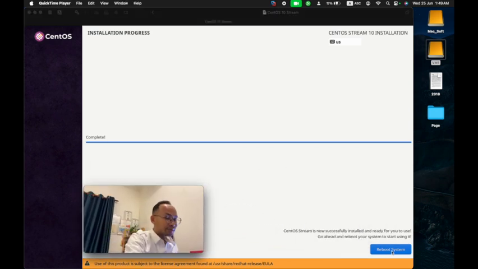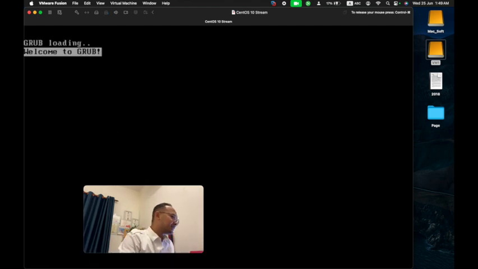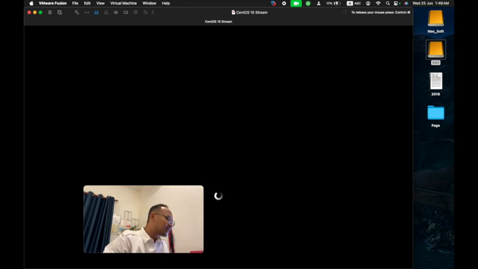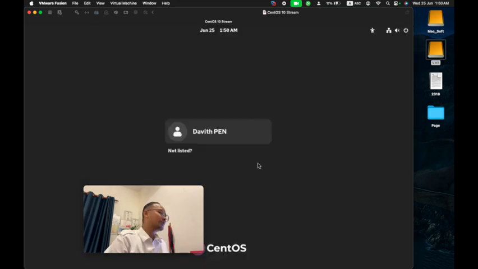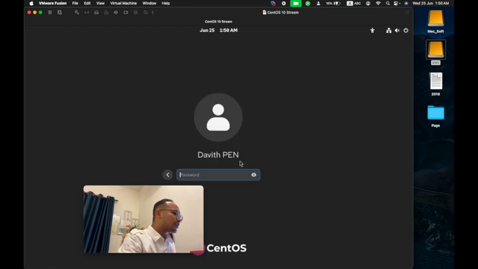Okay, so you see after our installation completes, it requires us to reboot. Yes, after reboot you see the login screen. On the login screen, Linux hides the root user and shows only the normal user. It is a characteristic of Linux.